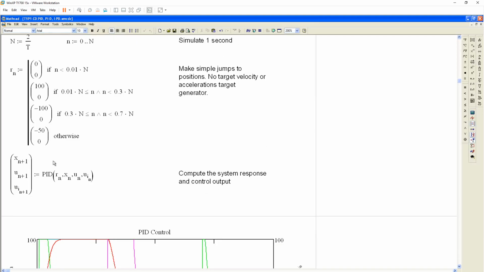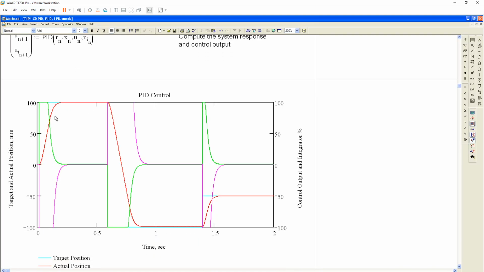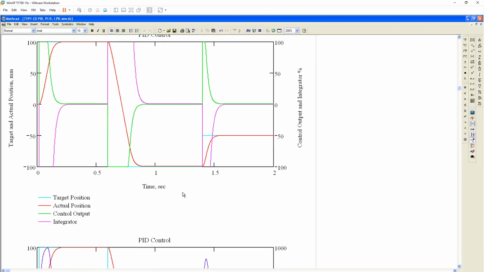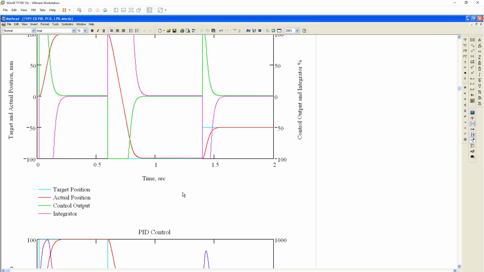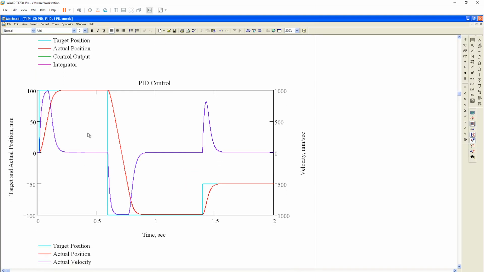I'm making simple step jumps in position, and I like to do that to see how the system responds. So you can see the control output does make a jump to 100, and you can see that the actual position goes nicely to 100, and then it goes down to minus 100, and then back up to minus 50. There's no overshoot, and that's all by design. This is the same thing showing the velocities. The velocities are going almost 1,000 millimeters per second,